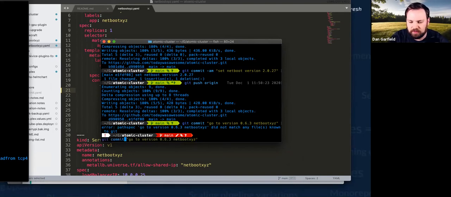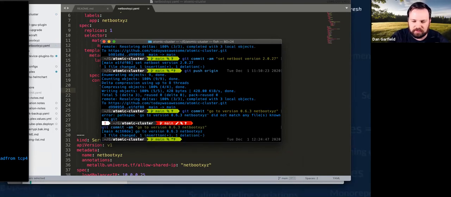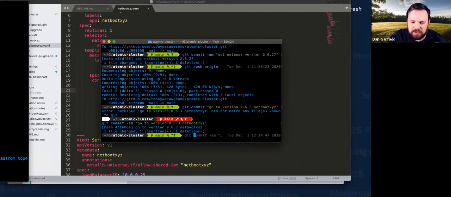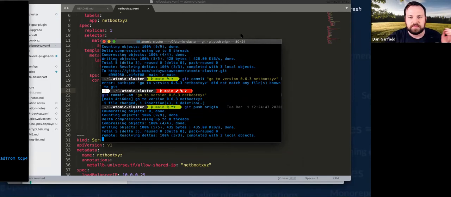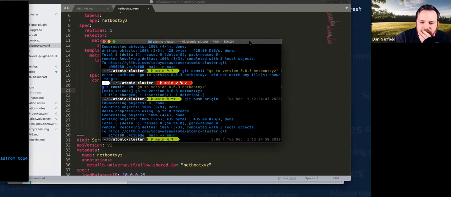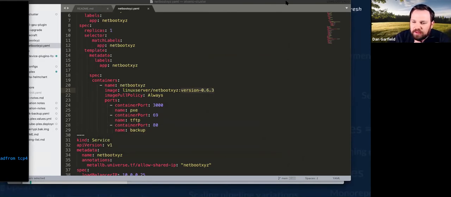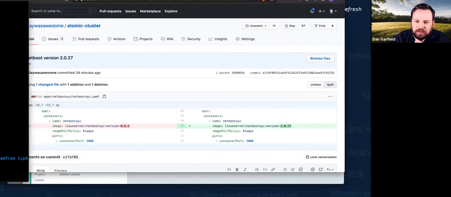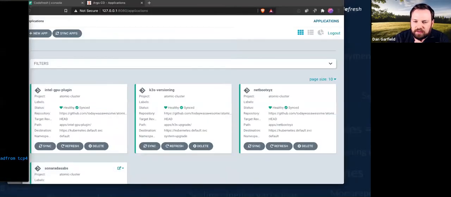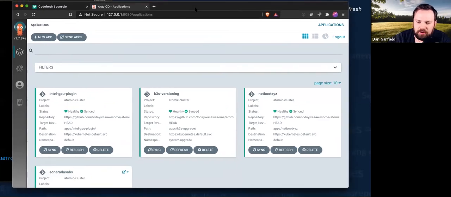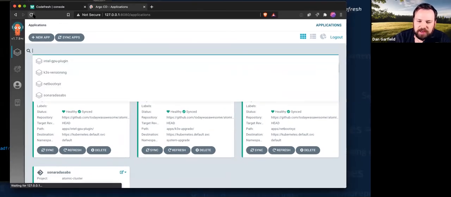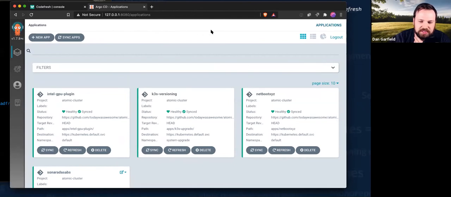It's good to commit in front of people. Reminds you to do things correctly. All right, Git has been committed, so I'm going to git push origin, and this will fire off my change, right? And if we look now at Argo, Argo will pick up this change automatically within, I think it's set to check every 60 seconds or something. I'm just going to tell it to refresh, just so we don't have to wait.